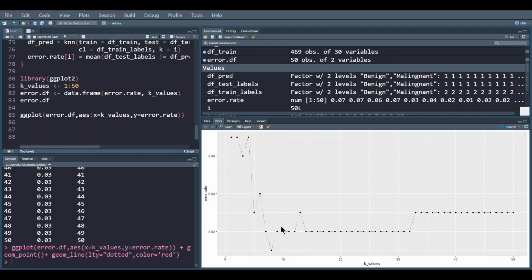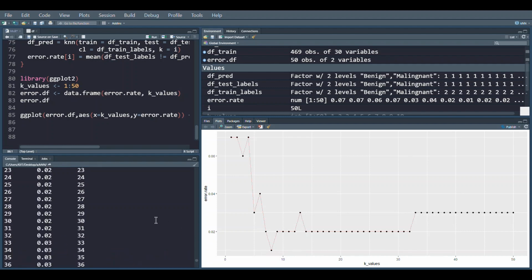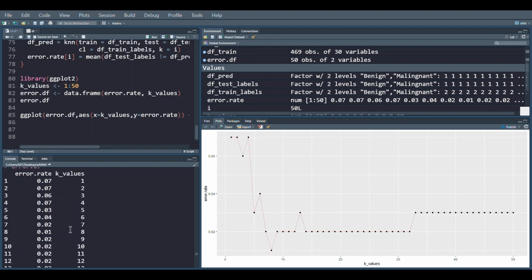It is somewhere around 8, I guess. So let us see. When the k value was 8, the error rate was at its minimum. So you could conclude that whenever you put the k value 8, you would be receiving the minimum error rate that is possible.